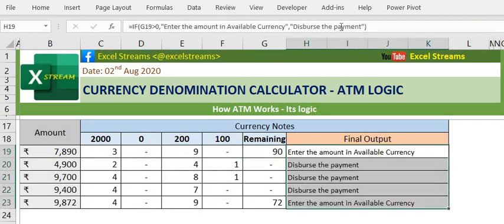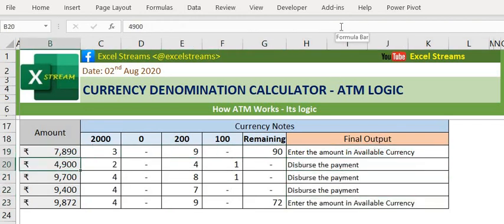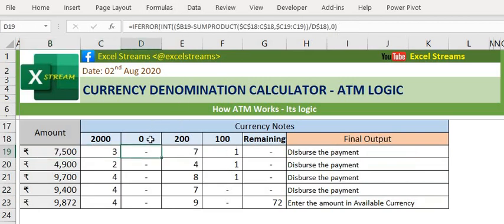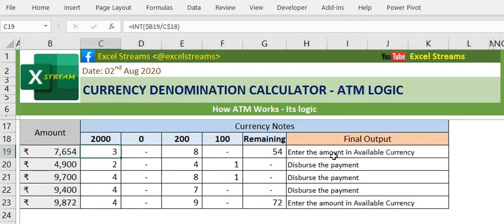So if you have 7500, since you do not have a 500 currency denomination, it will give you 6000 over here. If you mistakenly enter 7500, it will throw you an error. Just like this, it will give you an error.